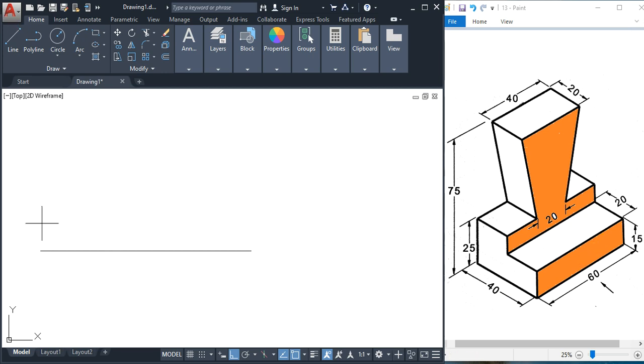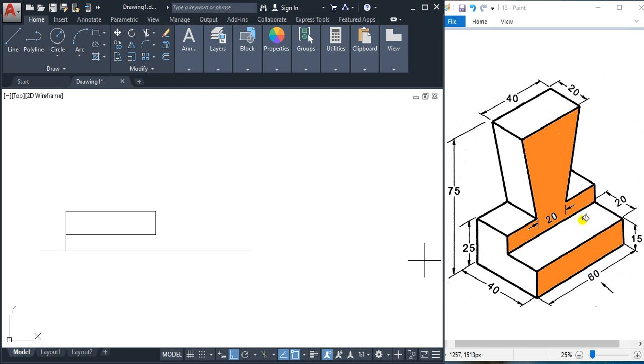So here we'll assume the object is kept at some distance from the HP, such that this is the distance we are taking, and in this way we are drawing 60. And the height is 50, and once again in this way we have to draw 60, and you can join here.